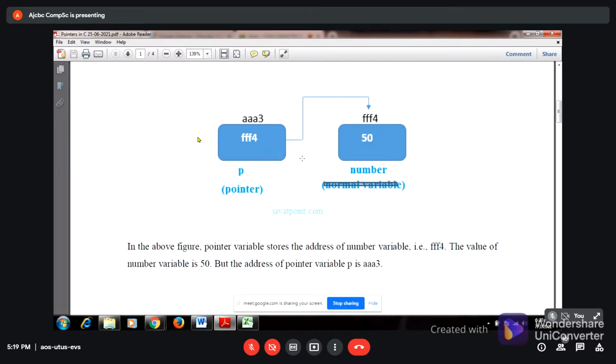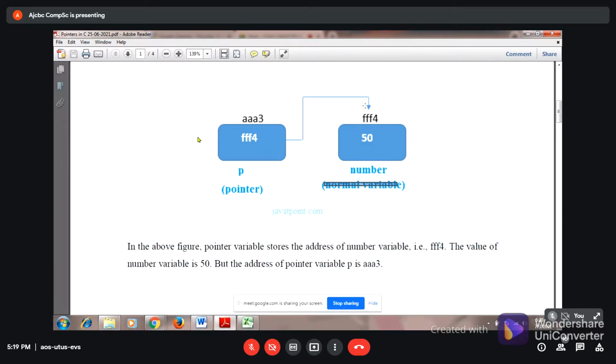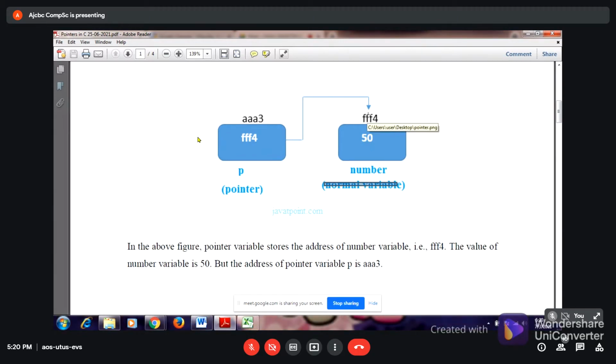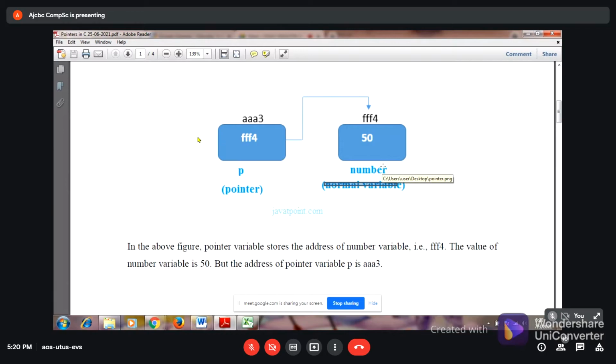The value of the number variable is 50, but pointer p also has an address, AAA3, but it is pointing to the next variable's address, that is FFF4. So it will store the address FFF4. Okay. So this is the pointer concept. A pointer always points to the address of another variable.